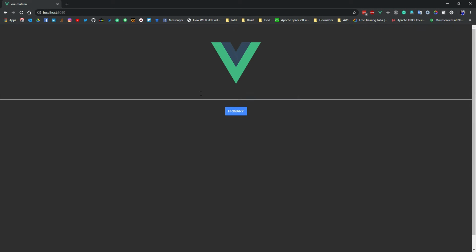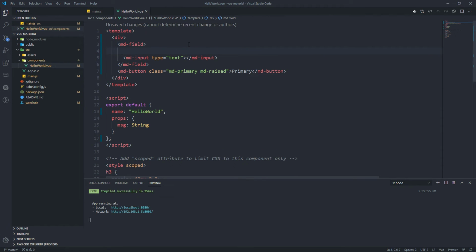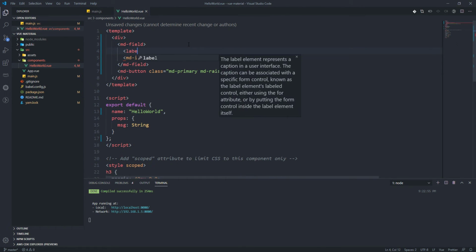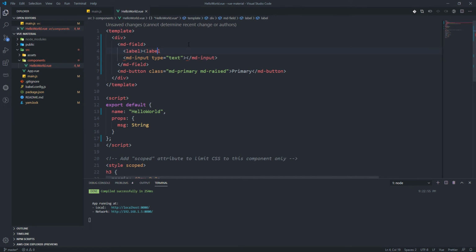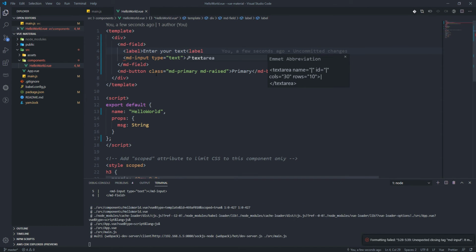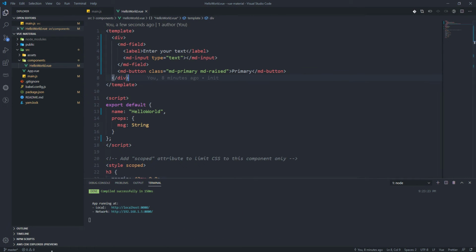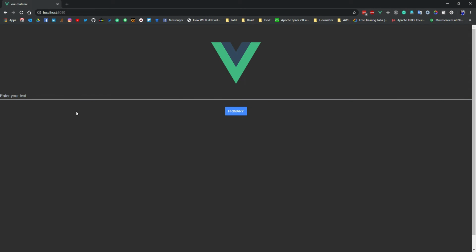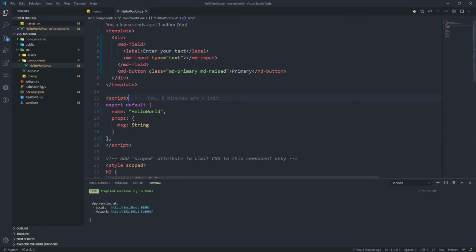Now you can see the Material input is added, but you cannot see the exact behavior of the Material UI input box without defining the label. This label works as a placeholder and as a label. I have mistakenly removed the one. Yes, now I need to close it like this. Now you can see the normal input box which is coming from Material UI.